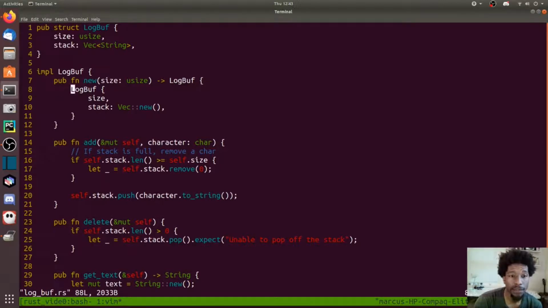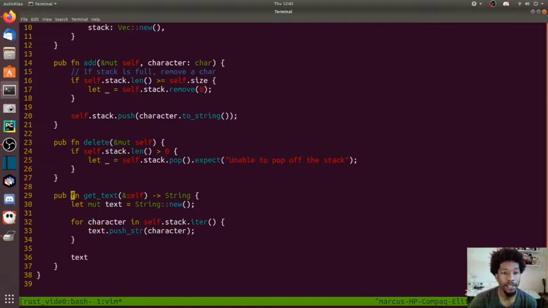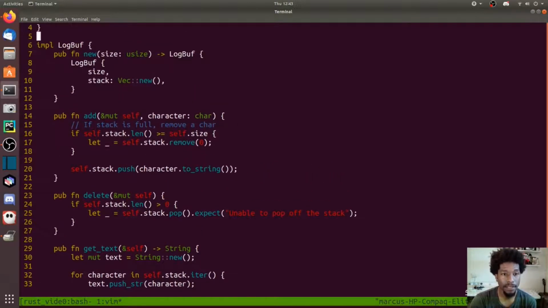Scrolling downward, we have the initialization of log buff, which already told you what that entails. But we have 3 methods on it, right? We have an add method, as in we're going to take an input and add it to the stack. And we saw that in the main function where we gather the text, they come in as characters. So here we're going to take in a character as well,